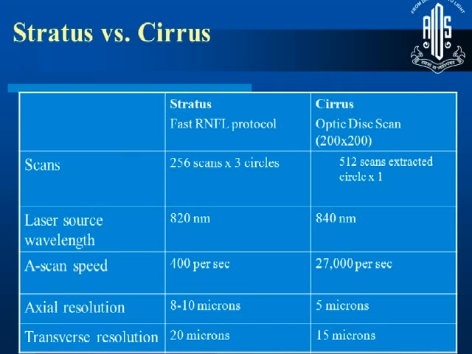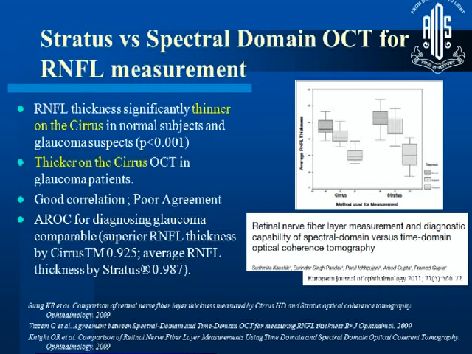The main difference, of course, is that the scan speed is much more. The resolution is better, and the transverse resolution is also better than the Stratus OCT. For RNFL thickness measurement, we looked at whether the Stratus and the Cirrus were comparable in the same group of patients across the spectrum of glaucoma. Interestingly, if we had a thick RNFL, it was thicker on the Stratus than on the Cirrus in glaucoma patients. Now this is the Cirrus OCT and this is the Stratus OCT. This graph shows you that the displacement of measurements with a spectral domain OCT is so much lesser than that of the Stratus OCT. So the variability is so much more in the same group of patients.